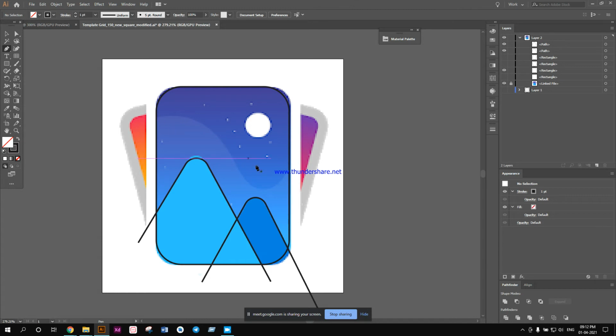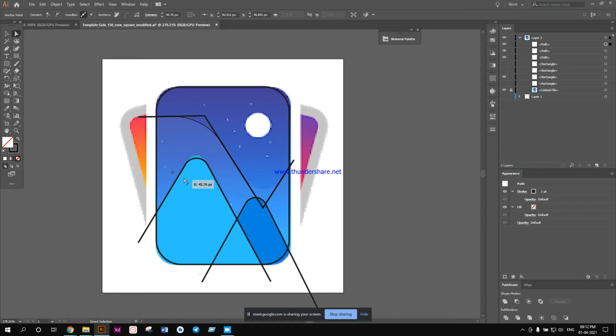Now for this light wavy thing over here, I can do something like this, and then something like this, then like this. I'm just going to drag these corners, and then round them.